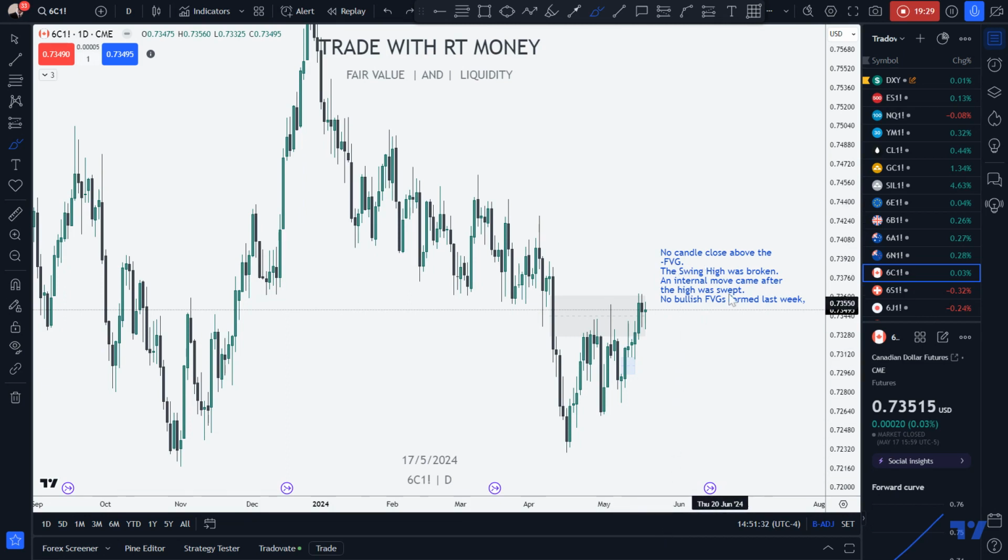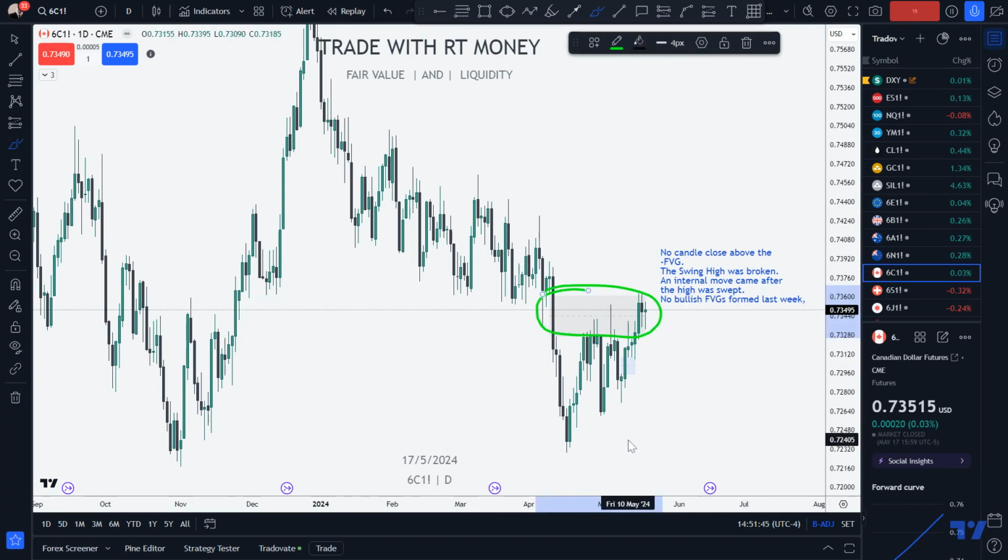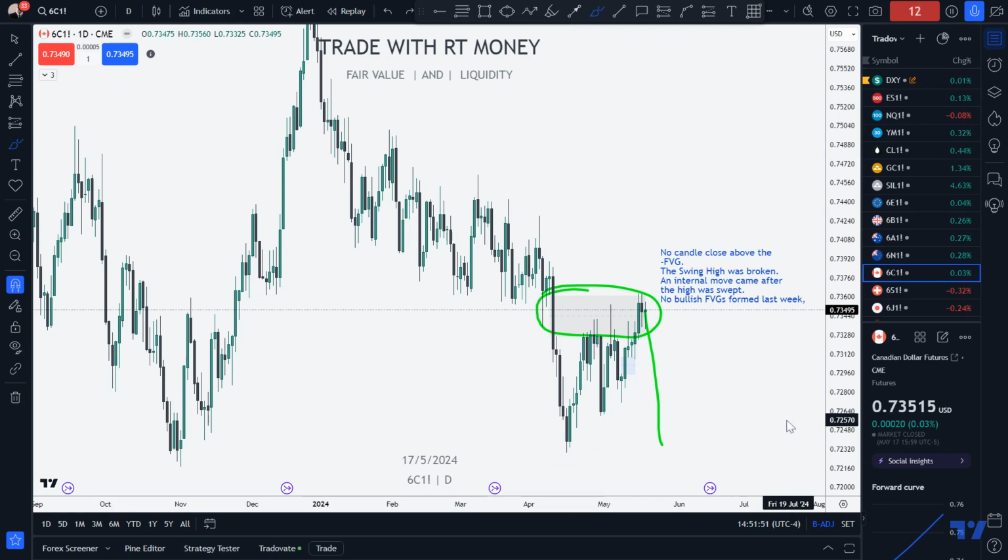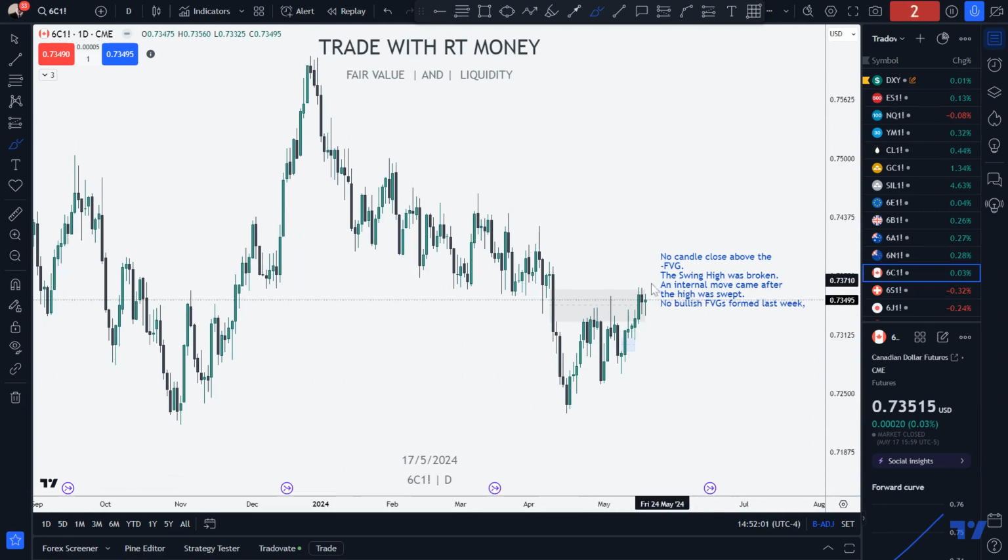I don't have it written here. I'm just noting what I don't see. The swing high was broken, and an internal move came after the high was kept. Look, this is almost filled. After an internal move, I'm looking for an external move down to these lows. So I am cautiously, tentatively rather, bearish on the CAD. Okay, I'm looking at this situation, and